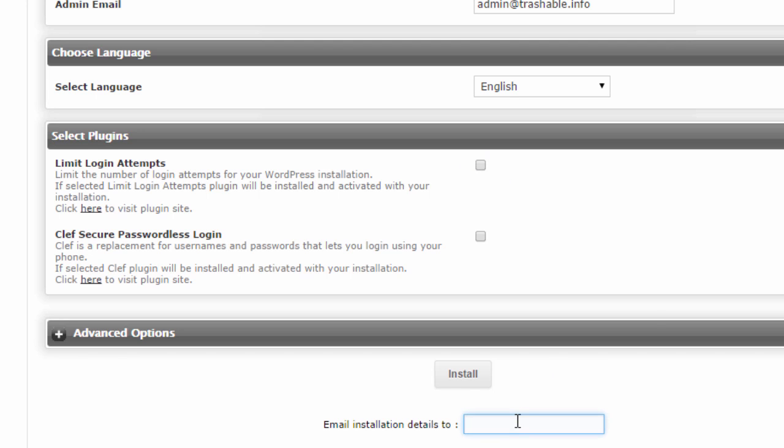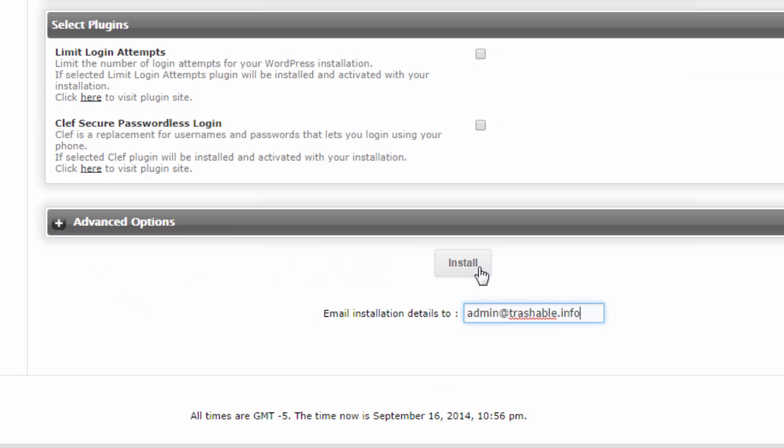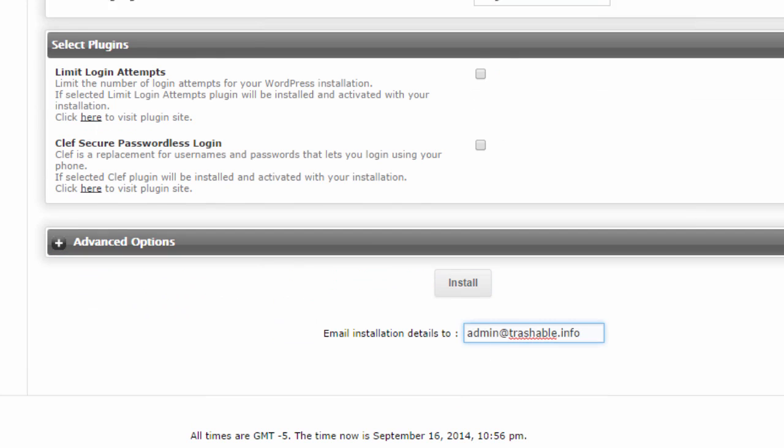So the last thing I need to do is just to enter an email address where I'd like the details to be sent to. And then click on the install button. So just to recap,